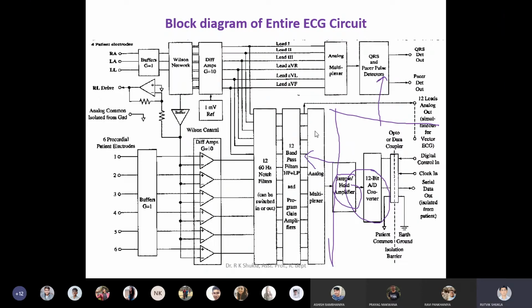While we are using an analog to digital converter in a biomedical application, or in an application which requires more precision or more accuracy, at that time you have to go with a higher bit ADC. This is very, very important. When you have a precise task or accuracy is your main criterion, you always have to remember to go with higher bits of ADC. Can anyone tell me what happens if I use an 8-bit ADC, or what happens if I use a 12-bit ADC? What is the difference?